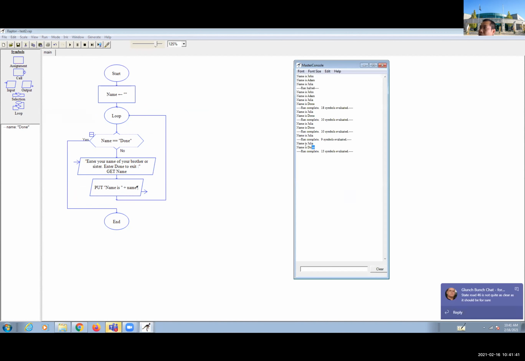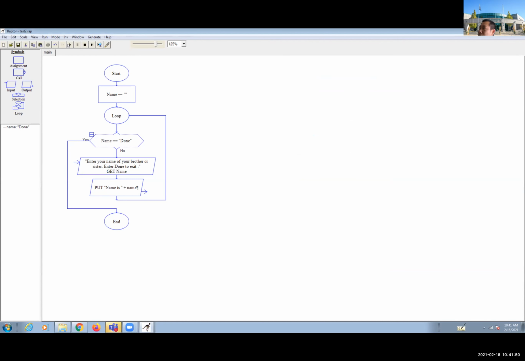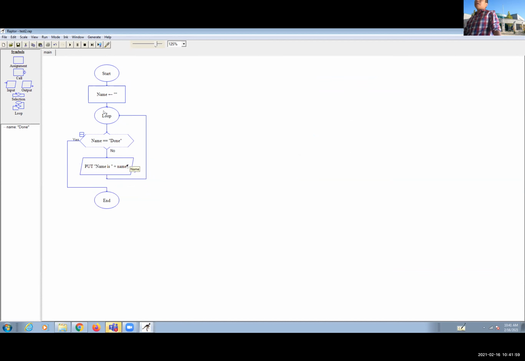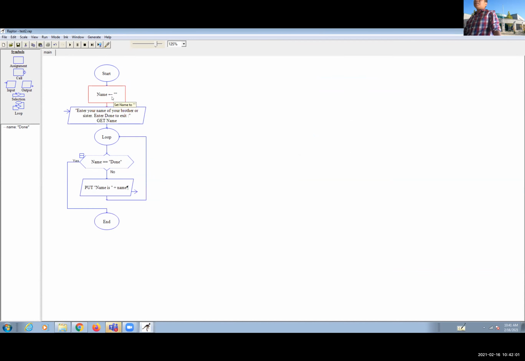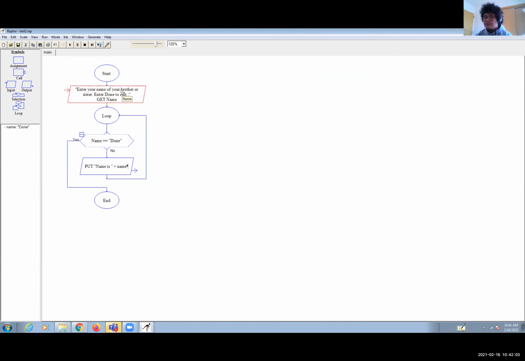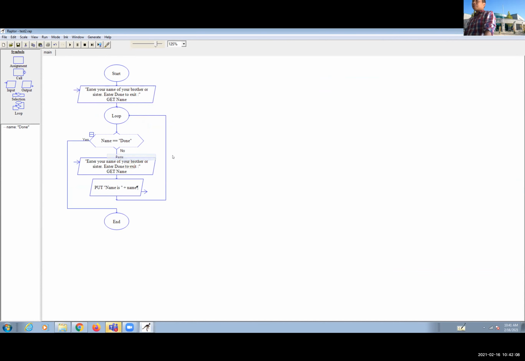Okay, I exit, and this one again, you have this one here, right? Okay, so now what happened if I change it? What do you think I have to change for this one in order to have only one iteration here? You have to put it here, and you have to put it one more time here. Okay, so now see, if I put it here,